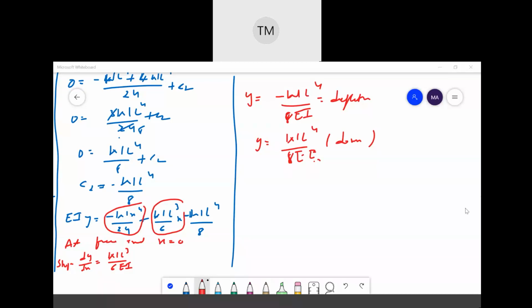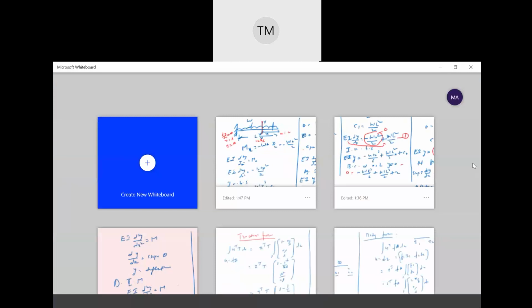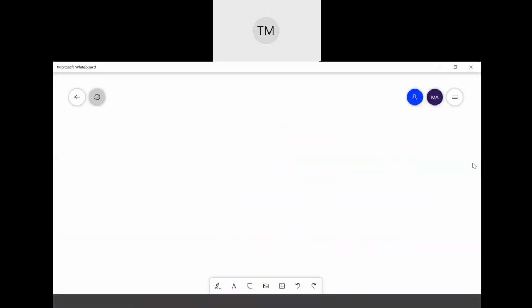Okay, whenever you are considering the cantilever, here you are considering only at a free end. If it is acting at some distance A from the fixed end, then what will be the derivation? Here you are going to calculate it. So whenever cantilever of span L is subjected to a concentrated load W at a distance A from the fixed end.